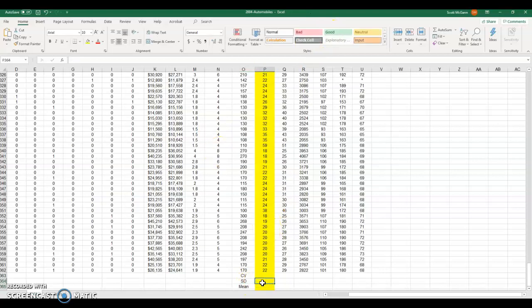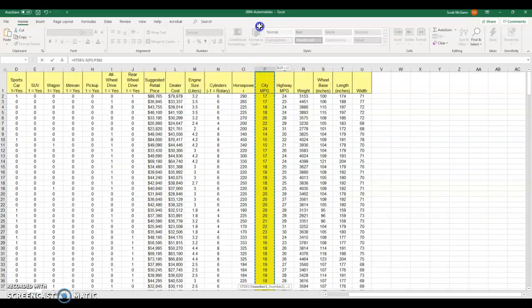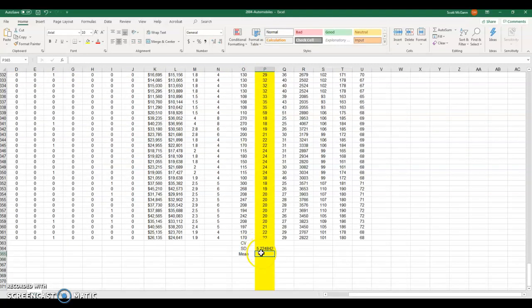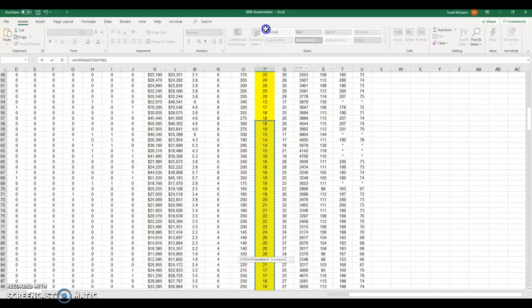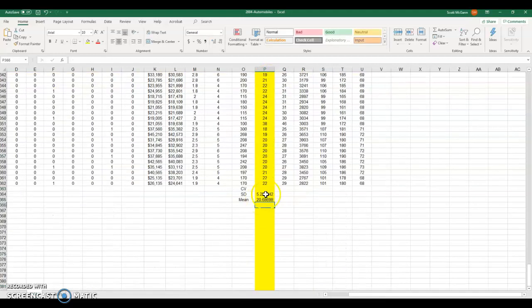So for the standard deviation, we always assume a sample unless otherwise specified, and we're going to select all of our data going up here. And we don't want the title there for this one. Okay? And then for the mean, we're going to hit equals average. Same thing. Scroll over our data all the way up. Hit enter. All right, so now we have our standard deviation and our mean,